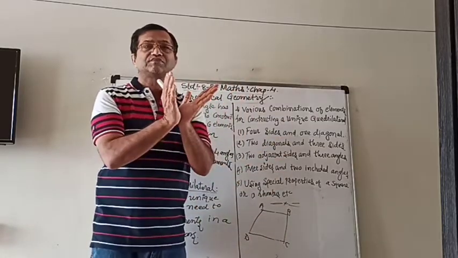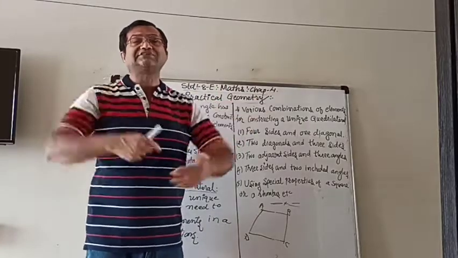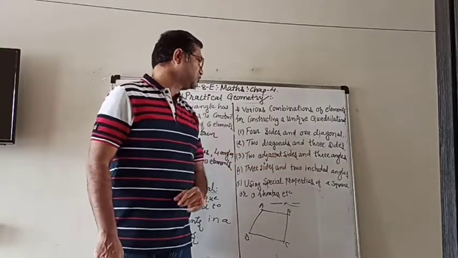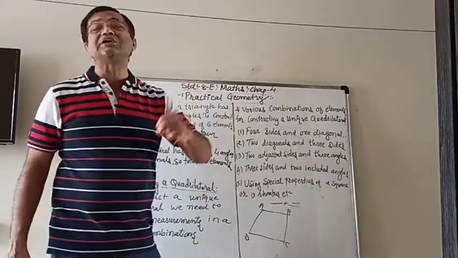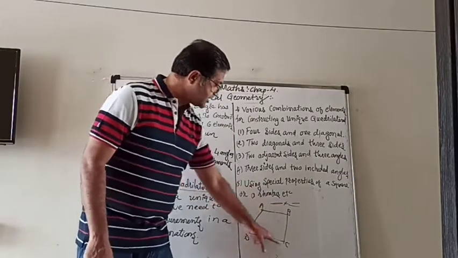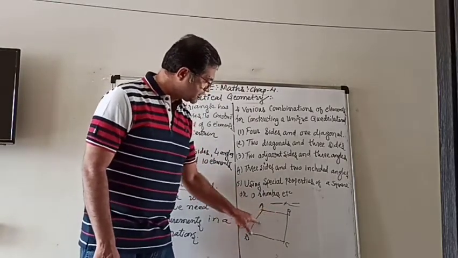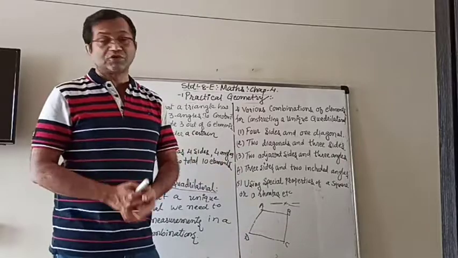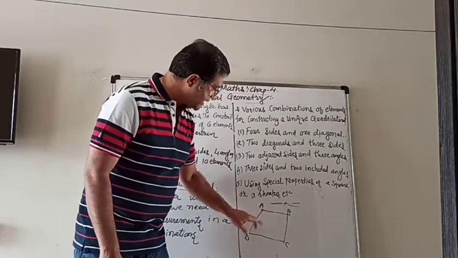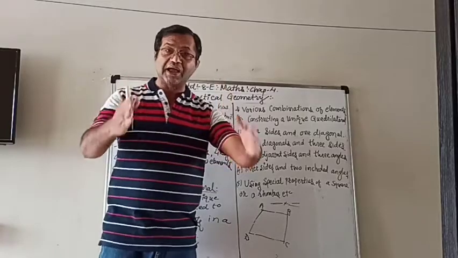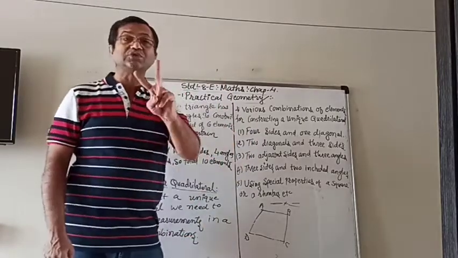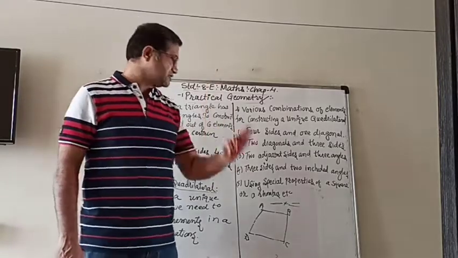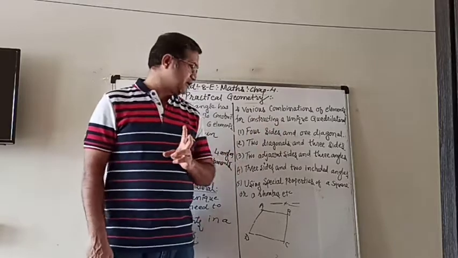So the sides are the adjacent ones. The two adjacent sides, and the angle between them, is known as the included angle. So, three sides and two included angles. Suppose those three sides are given. Then those two are the included angles. Those two are not included because they are not between any given sides. So if those three sides are given, then angle A and angle D must be given. So three sides and two included angles, that is five elements given. Then also we can construct the given quadrilateral uniquely.